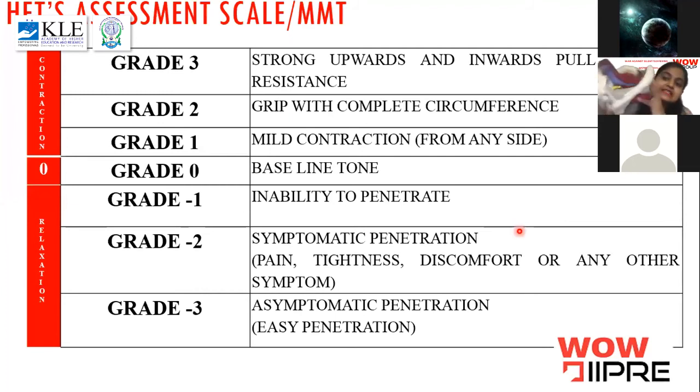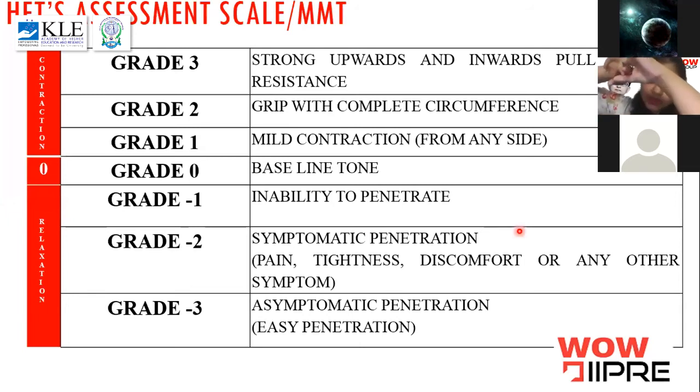Patient can easily allow you to penetrate and assess herself. So that is -3, asymptomatic penetration. Followed by that, we have 1, 2, and 3. So 1, 2, and 3 means once the patient is